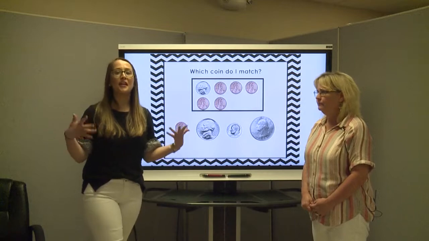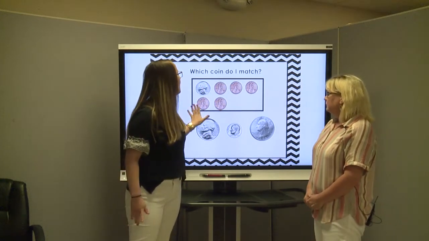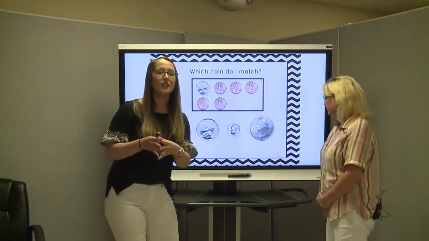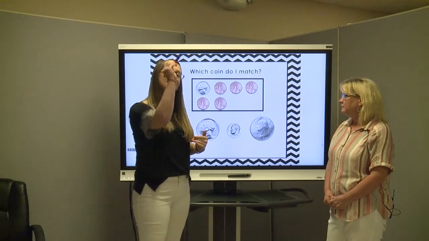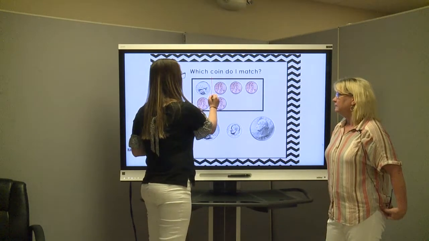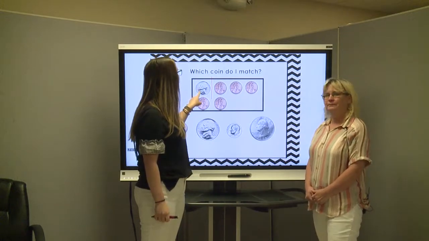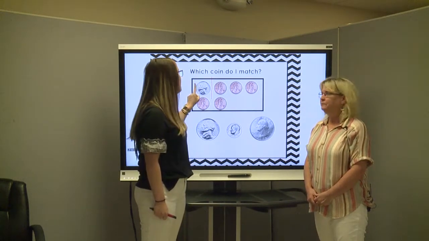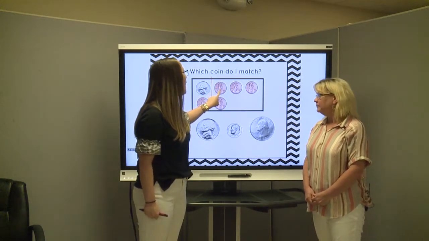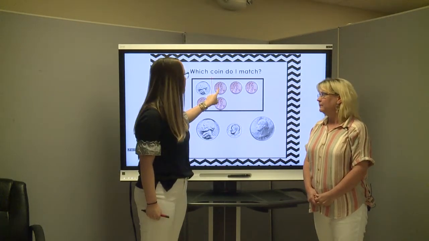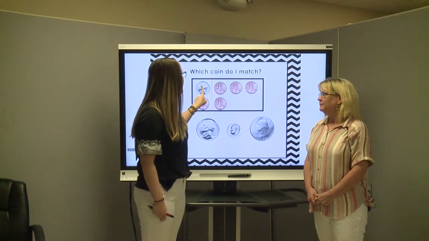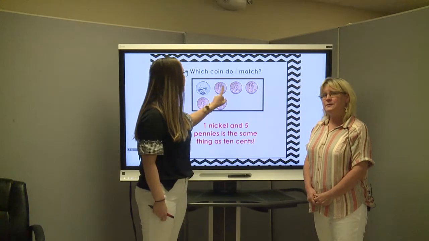All right, now let's bring it up a notch. We have 1 coin and some pennies. 1 coin is different. So an easy way to check yourself and make sure you're staying on task is I like to draw a line between my different coins. So here's my oddball coin. What is my oddball coin? A nickel. And we know a nickel is worth 5 cents. So I have to start at 5. I put it in my head, and I'm going to count on by pennies. So what are we counting on by, Miss Bloomer? We're going to count on by ones. So starting at 5 in our head, count on until we reach the end. 5, 6,